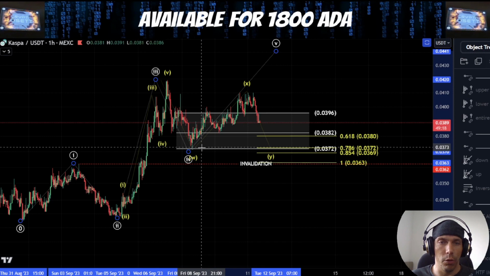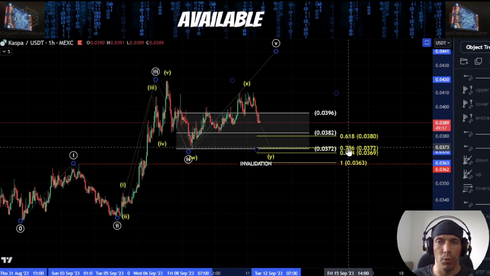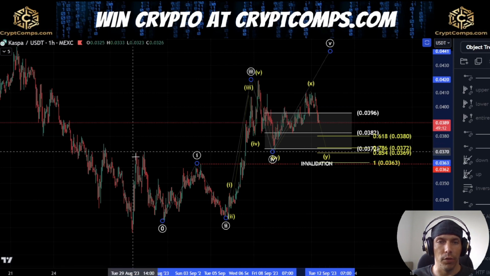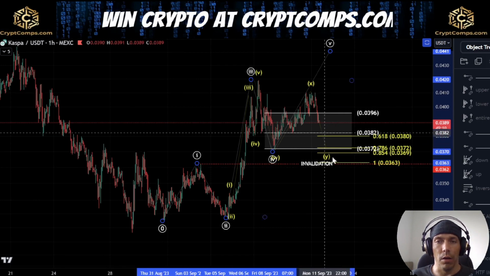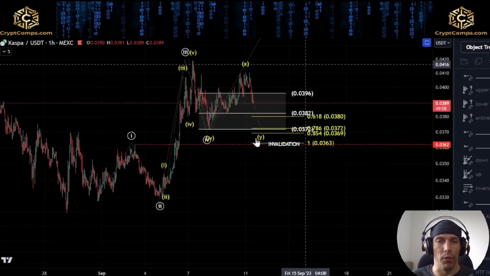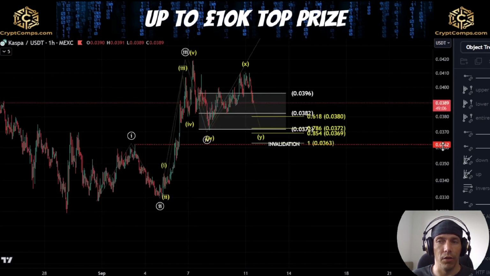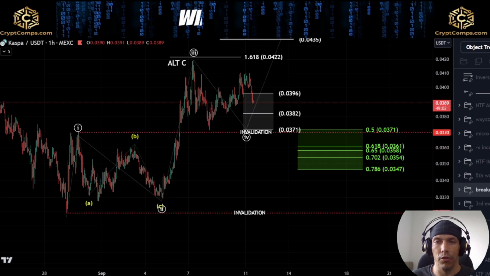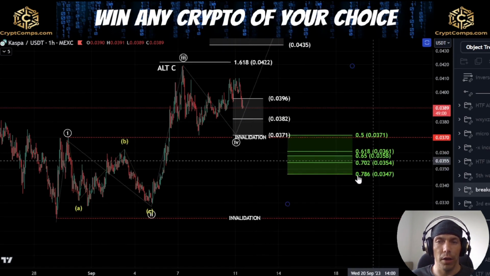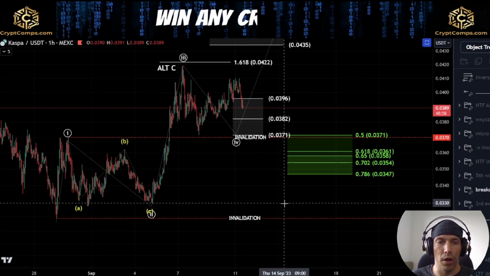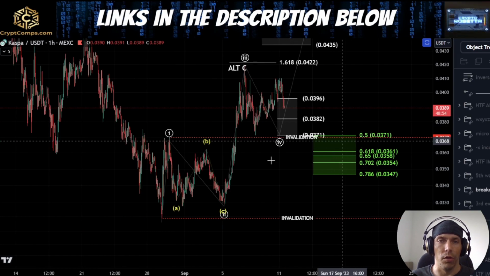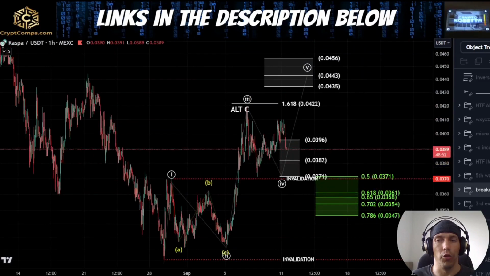Alternatively, even if we do look to break down past this low, I'm going to be watching this 786 and this 854 as a potential retest of some of these highs over here, and then looking for that possibility of that fifth wave to the upside. Like I said, invalidation is here at this 0362, and if we cross that invalidation point, I would still be looking out for that possibility of finding support above this low of the 0330 in this green target box area, and that would be looking for our bullish count here.